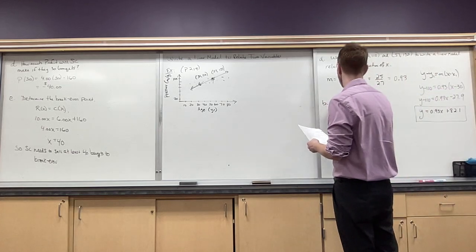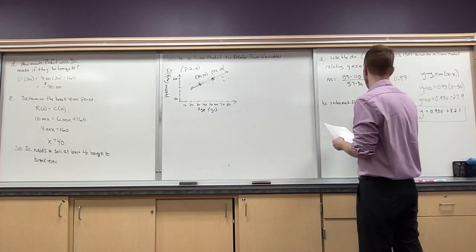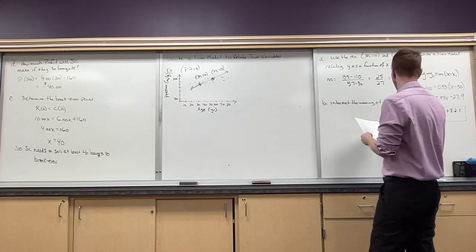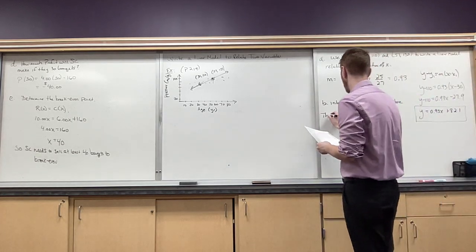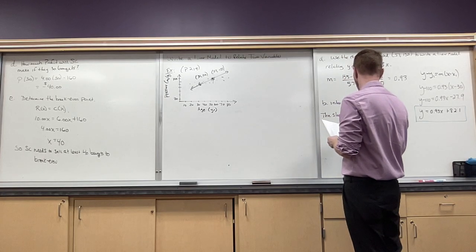Okay, so part B, interpret the meaning of the slope. Okay. So that's this guy. I want to interpret what that means in the problem. So we're talking about age and pressure when it comes to this. So here's what it means. The slope of 0.93 means